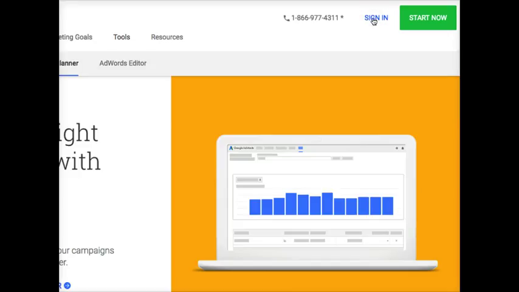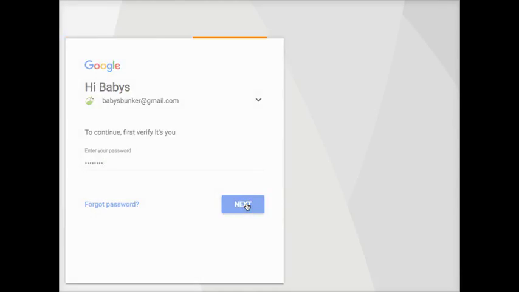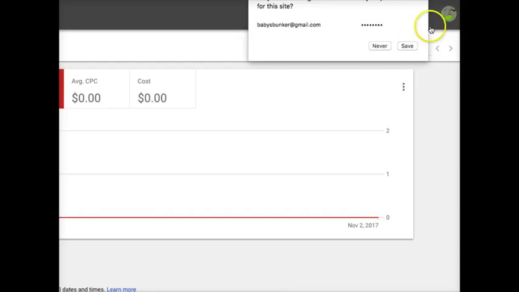Now, if I've done any work for your site, I've already done this and set up your account for you. So all you would have to do is come in and enter your password, and you've got the account set up. Okay. In my keyword research webinars, where I detail how to get this started, the very first one talks about going in and beginning this research and shows you how to set up the account if needed.